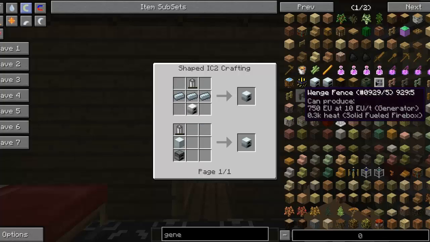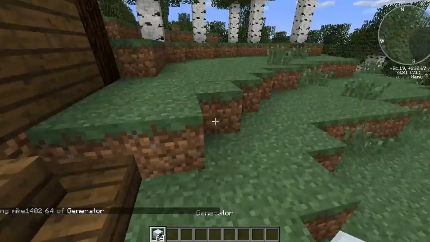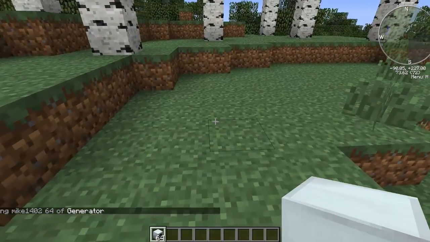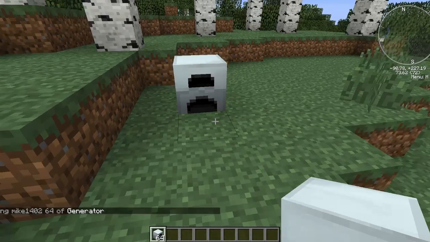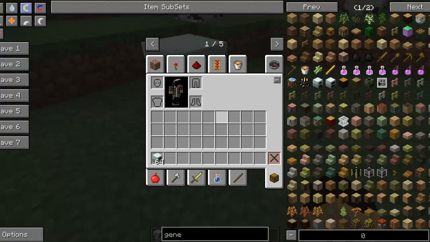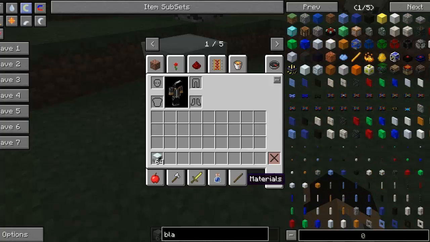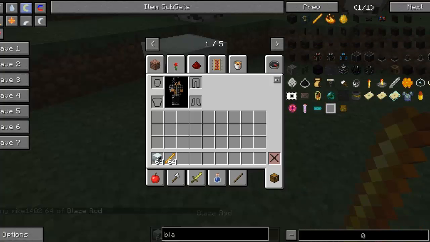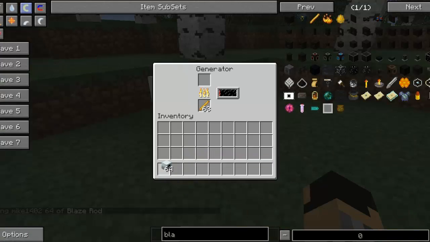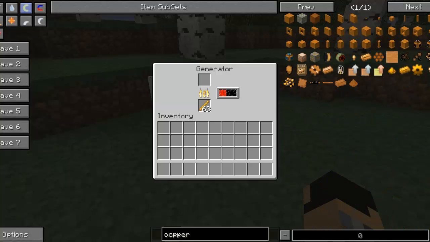But let's show off a generator. I talked much too long about how beautiful that thing is. No, how to craft it. And we need something to power it. Let's get some blaze rods. So you see here an internal storage, and if I get some copper cable,